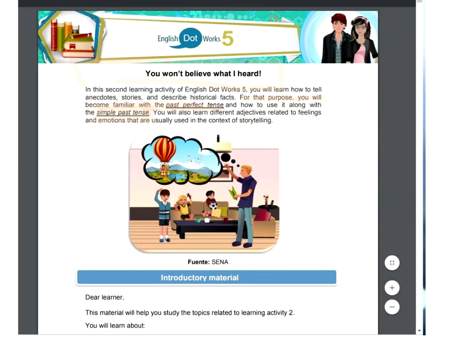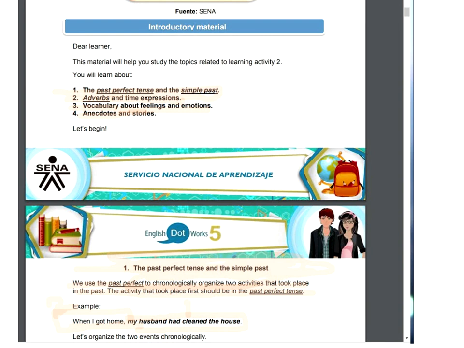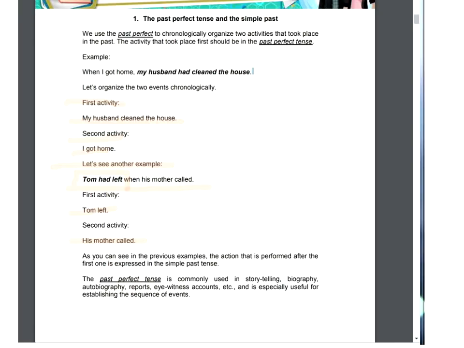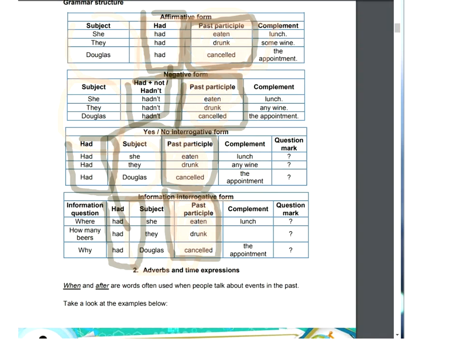The first document has information about the event, grammar past perfect and simple past tense, and we have the adverbs and expressions, vocabulary and understood stories. We have some examples of the past simple and the past perfect. We have the grammar structure for these